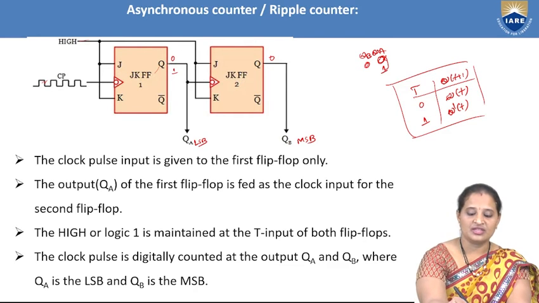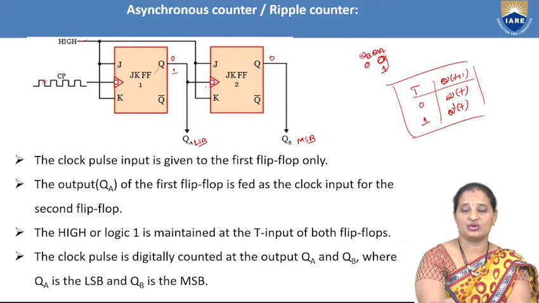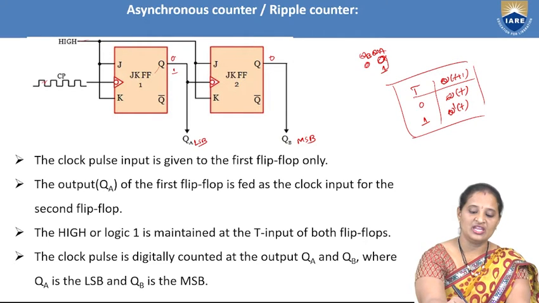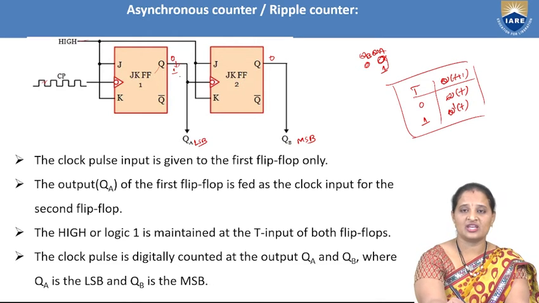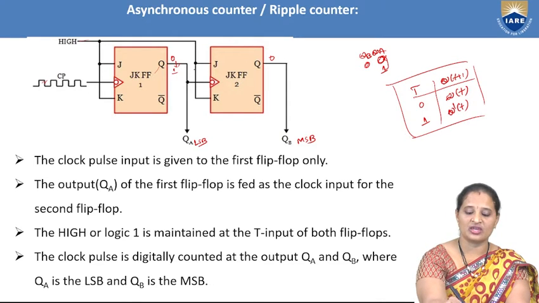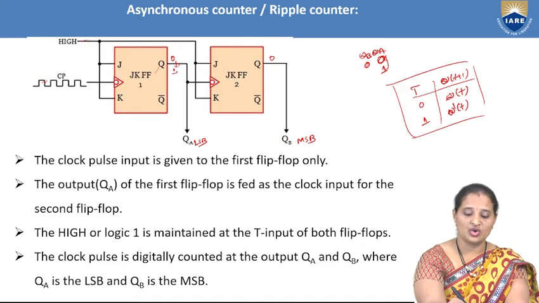Whereas now this output is given as input to the clock input of the second flip-flop. Initially this output was 0. Now it has changed to 1. Now what is the transition we had here? 0 to 1 transition. Is it a negative edge? No, because it is given as clock here. No, it is a positive edge, or else rising edge.